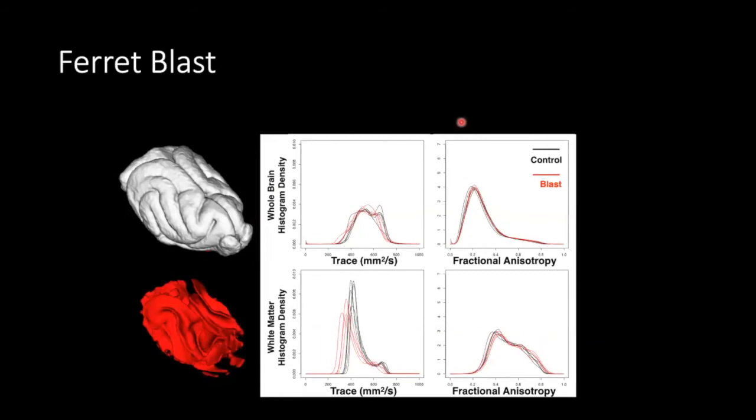We did look, but we haven't published it. I don't think it's really mature enough to publish, but I'll show it here because I think it's sort of mature enough to show here. Some changes in diffusion outcomes, not in the whole brain, but just in the white matter, some reduction in diffusivity. The red lines are each one ferret in these different regions, and the red lines are blast, and the black